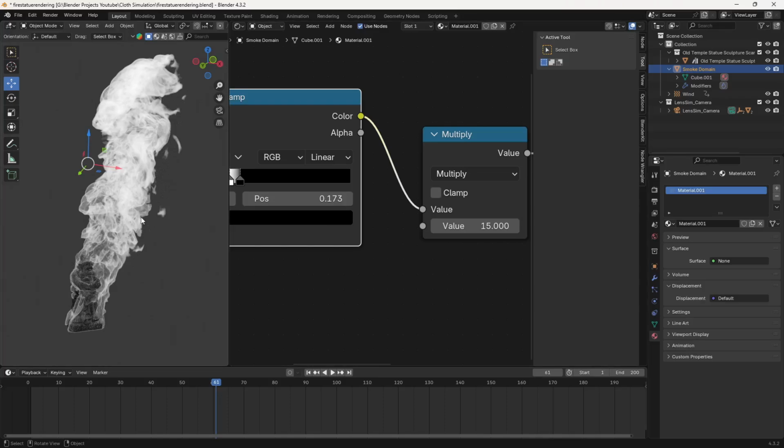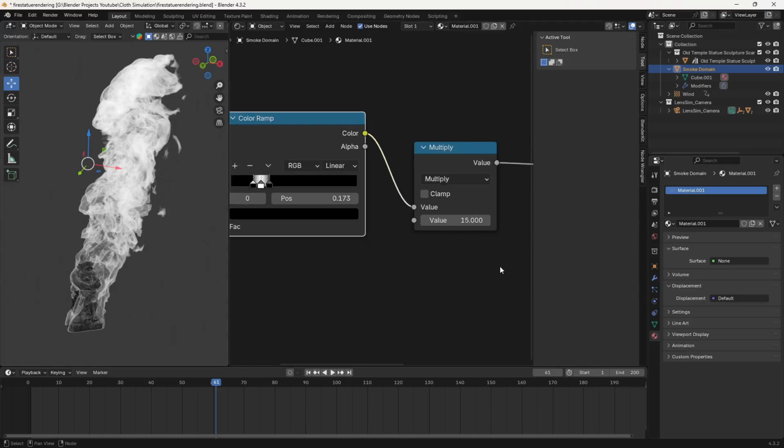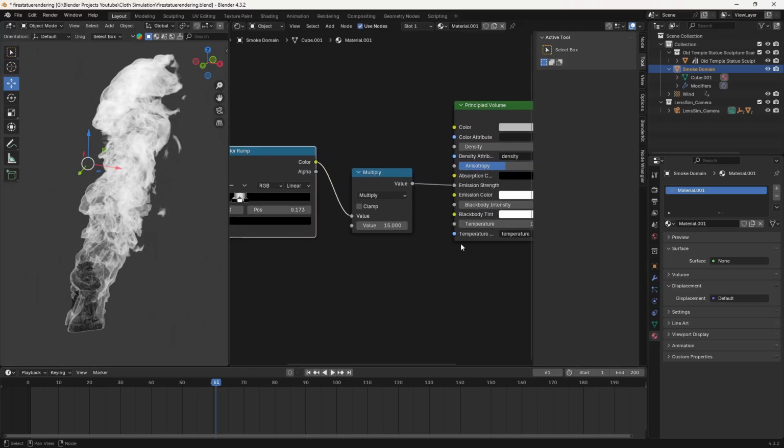So basically that thickness and all that stuff. Okay, so now what I want is a shader here. A black body shader, so I can directly connect it to the emission color, so I can get a realistic result. So let's just do it. I'm going to click here, press Shift A and add a black body here. And what I'm going to do is add this to the emission color.